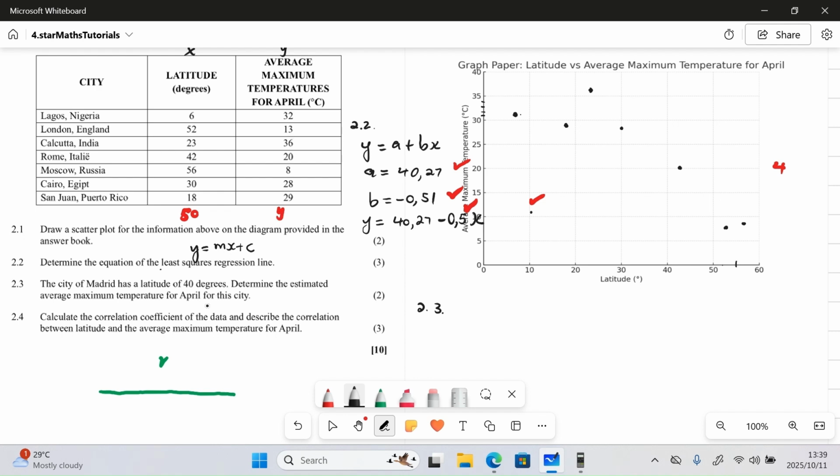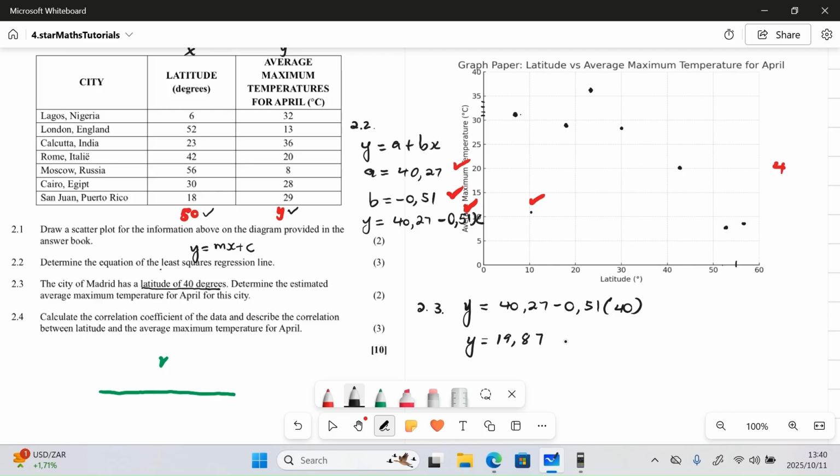So if you check, we're given the altitude of 40 degrees, meaning we're given the value of x. Then we must determine the estimated average maximum temperature for April for this city, so we are looking for the value of y. Using the equation above, we are given the value of x. What is the value of x? It is 40 degrees. Then we simply use our calculator. How much is that? That is